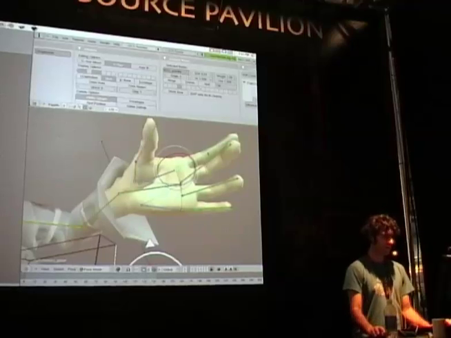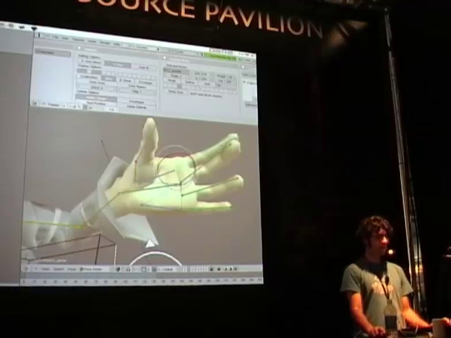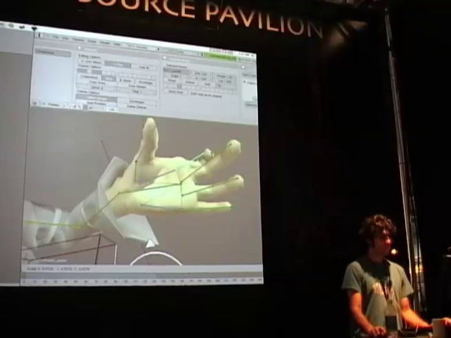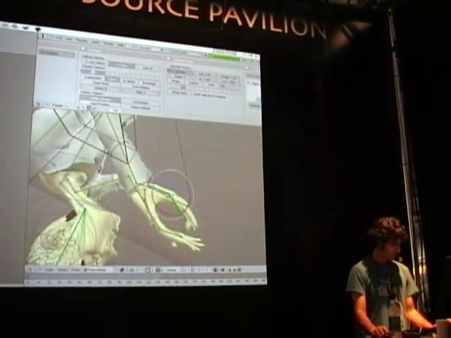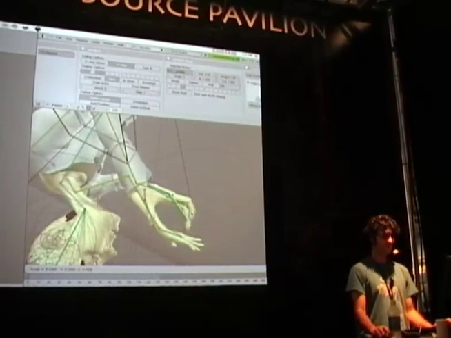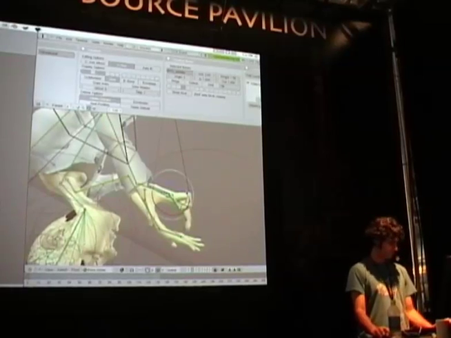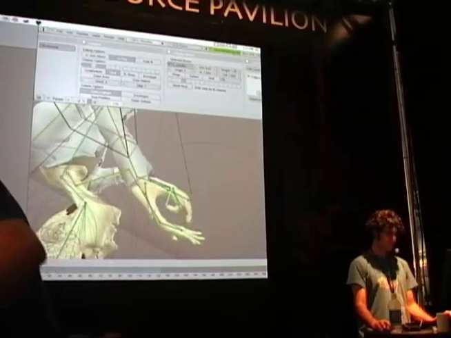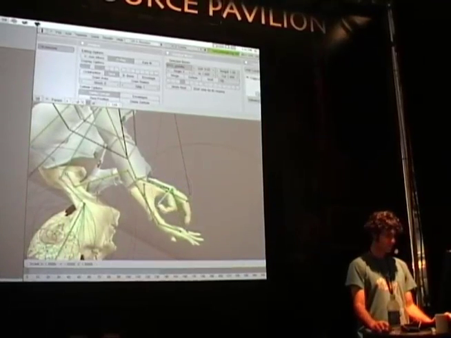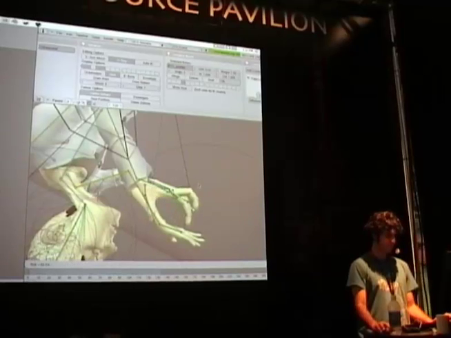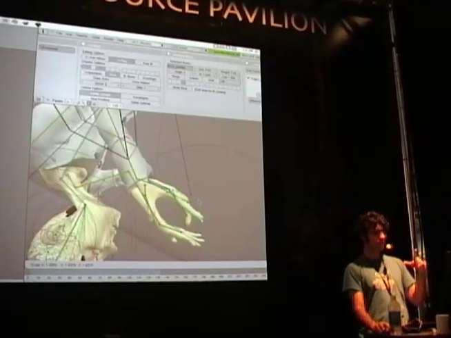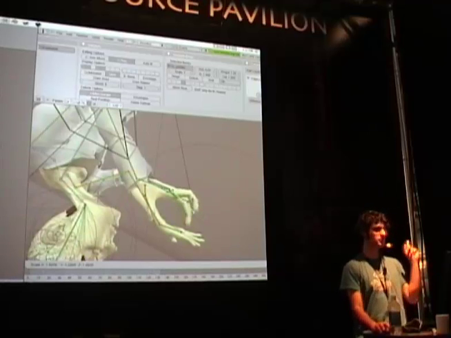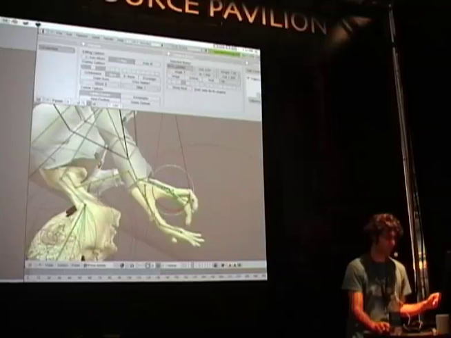To control the compression of the finger, you simply scale that bone, and the finger will sort of roll around. So you can scale it, rotate it, scale it, rotate it. If you scale it up, it sort of flexes the finger a little bit more than straight or in the other direction, as if the finger had been pressing around a hard surface,